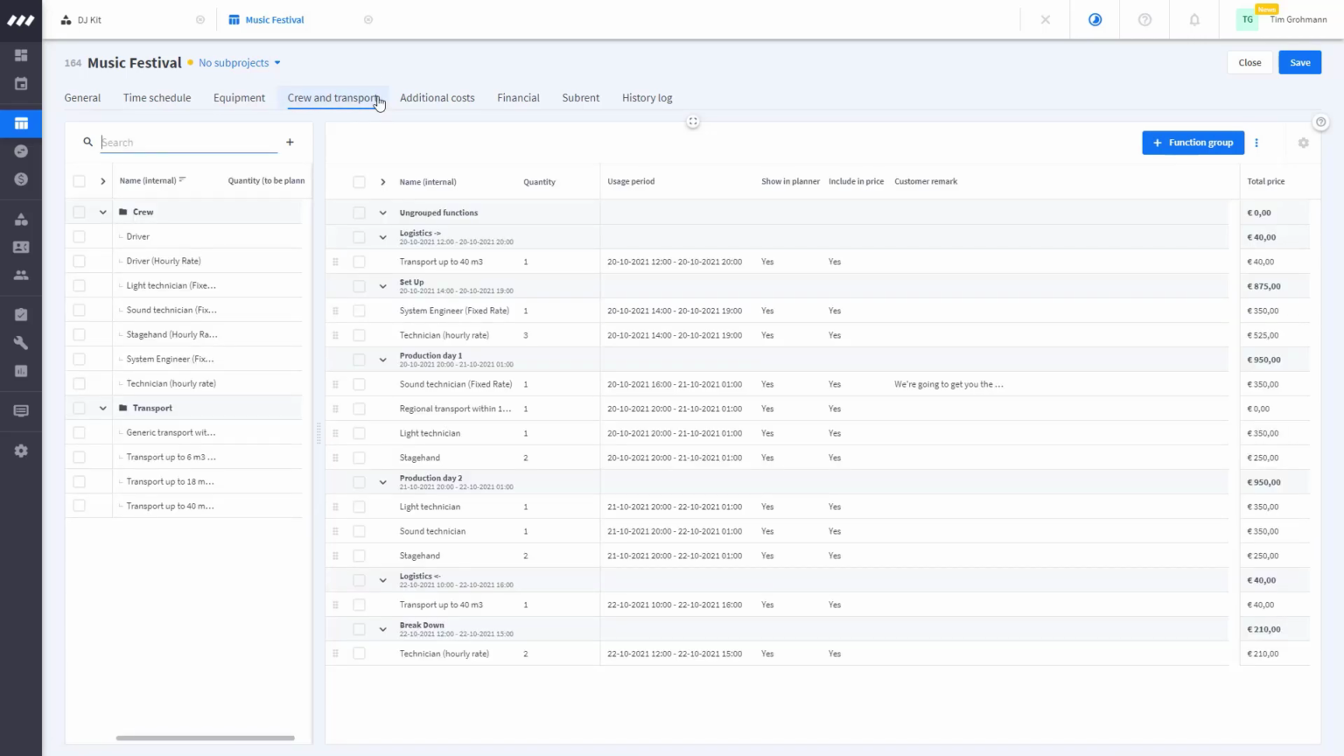Now, again, we're using a template, which is why this is pre-filled. But essentially, what we can do right here is we can define the types of labor required. Be aware that what we do here is we do not define the people that we would like to plan. So we don't plan Tim or Parker on a project, but rather we define that we need a light tech. We define that we need a sound tech, a stagehand. So we define the types of labor that we call functions,